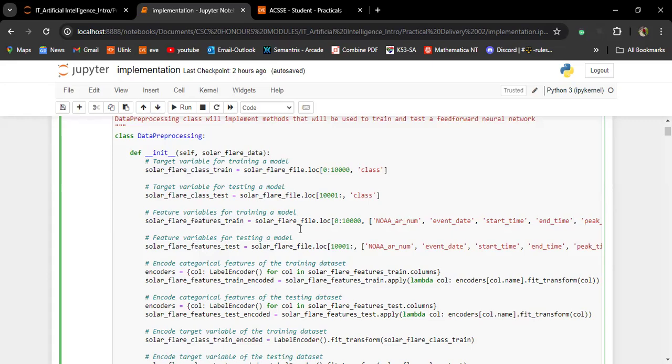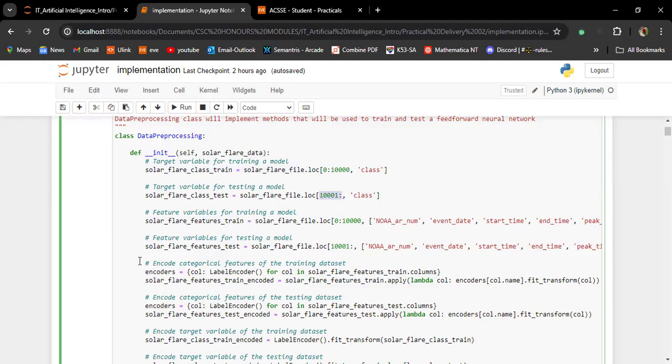So the splitting is such that the training data set is going to take 83% of our available data, and then the testing set is going to take the remaining 16%.